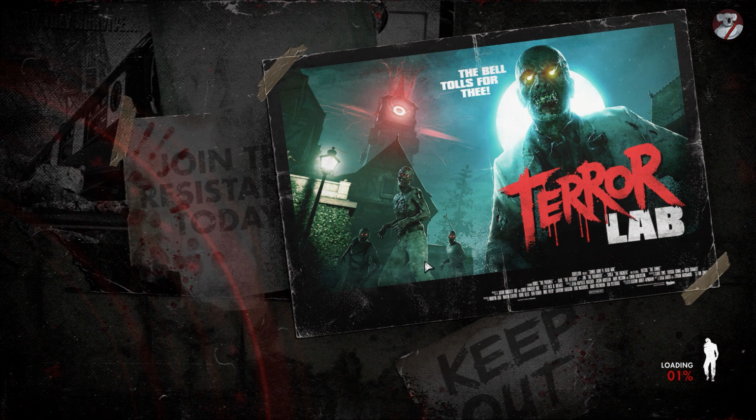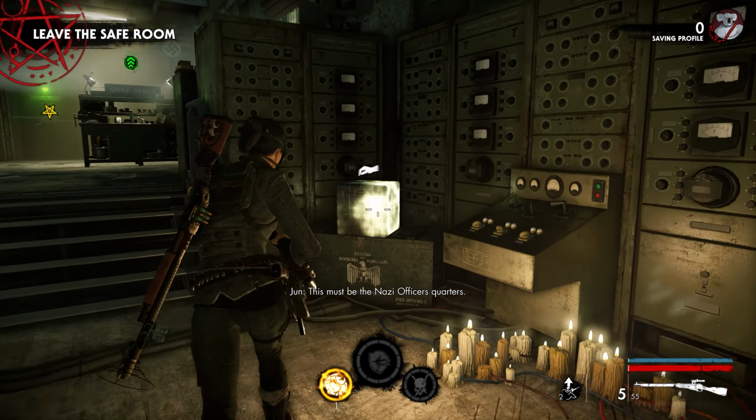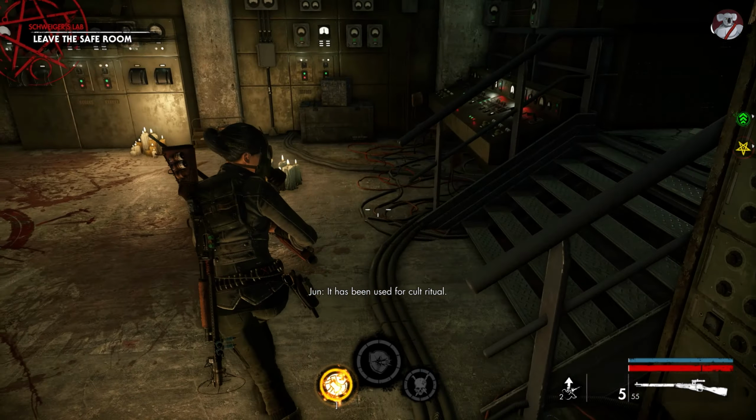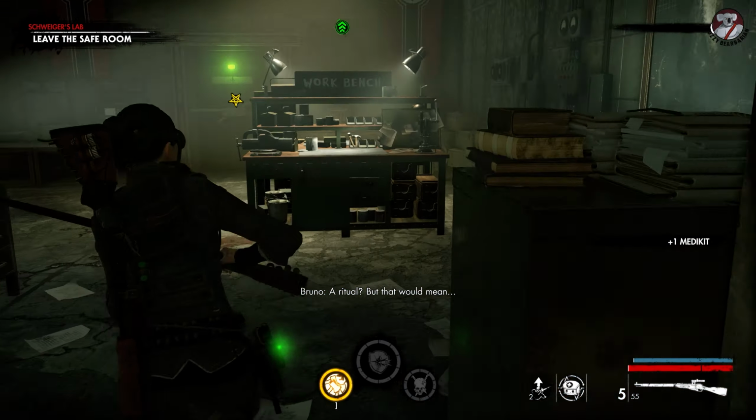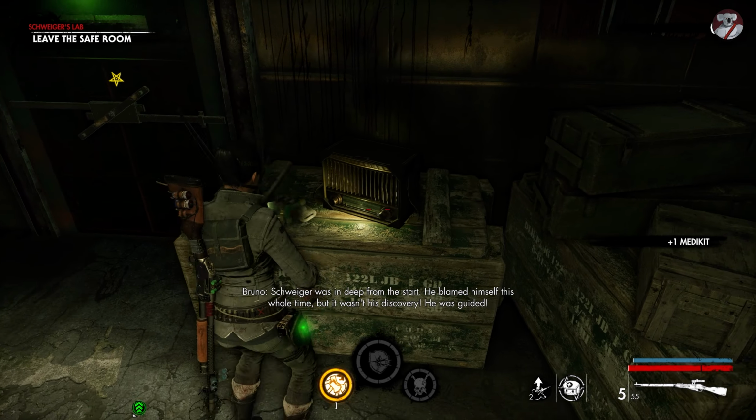We can just go straight in. Okay, I do recommend checking all the crates, but not wasting your time picking up anything other than a bait grenade. I've actually personally only seen any...